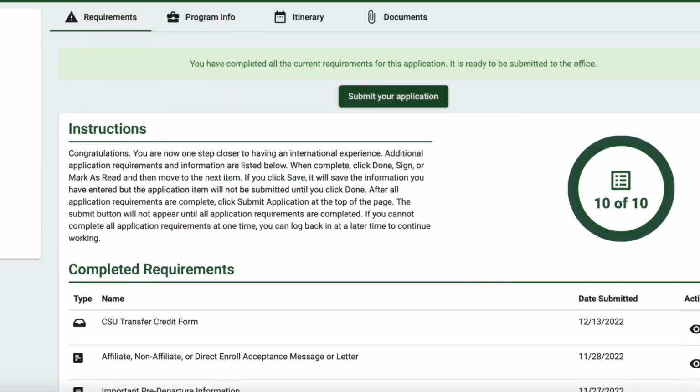And then basically if you log in, it'll ask you what term you would like to go in, and then you're going to click the term that you are interested in going, and then it'll just have like a big get started button. And a tip for this is that this application low-key takes a long time, so